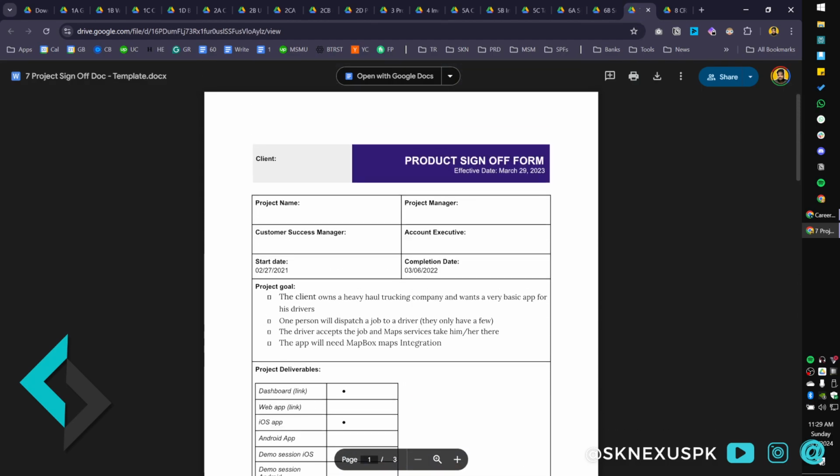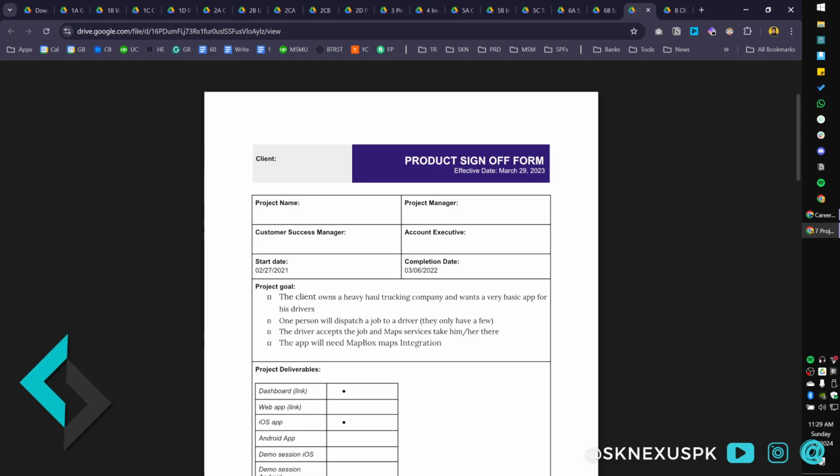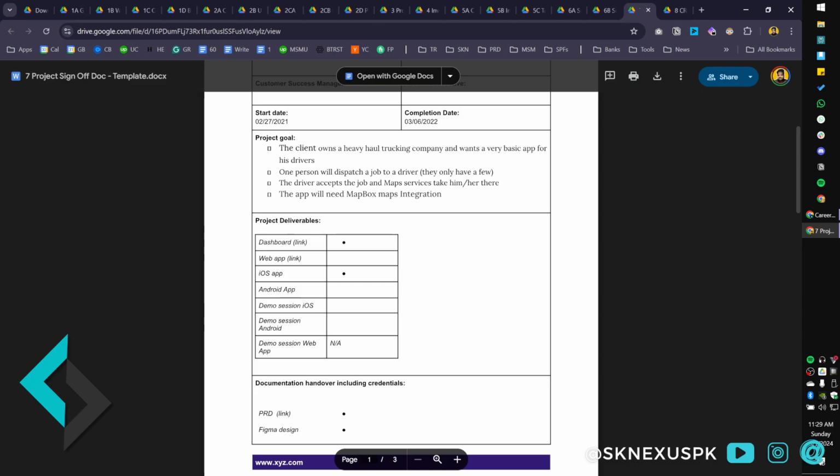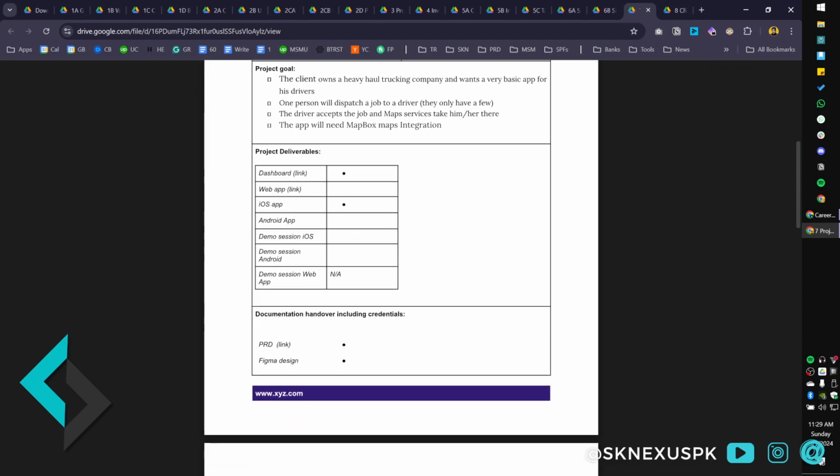Okay. Lastly, really important is signing off the project or the product, right? So once the project is over, the product is over, engagement is over, you do need to get a sign off. It is really important. It closes down everything. It is a really good customer experience also because they feel like they're taken care of. You've given them everything, given them access to everything, all the links, all the domains and all that.